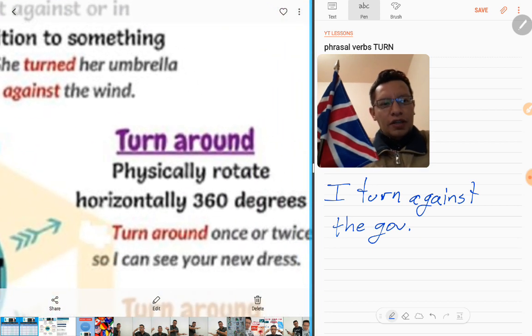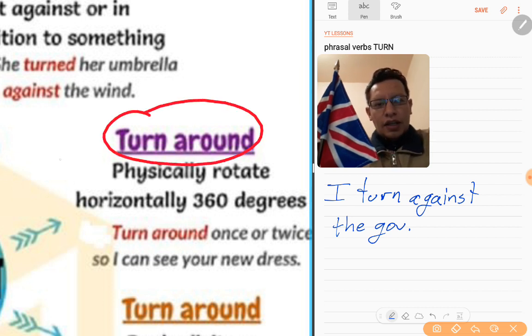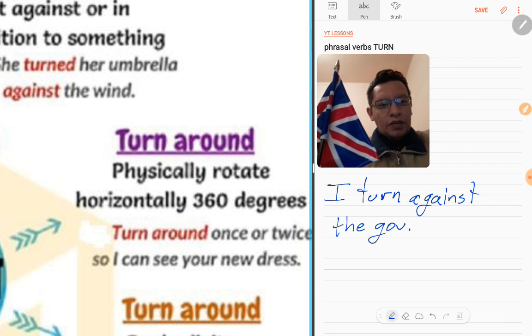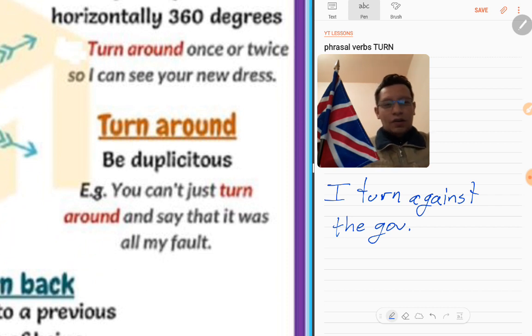Then we have the next phrasal verb, which is turn around. Turn around, in this case, we have different meanings with these phrasal verbs. Turn around, in this case, physically means physically rotate horizontally 360 degrees. So I am turning around in this moment. Turn around. But it also means, in this case, be duplicitous, which means you can't just turn around and say